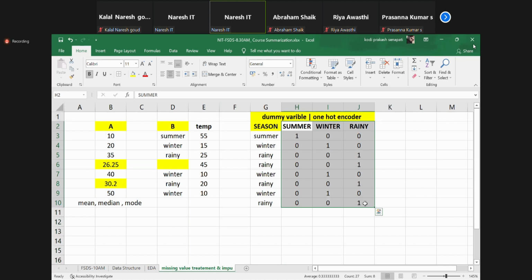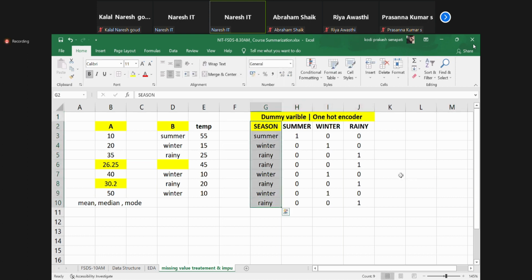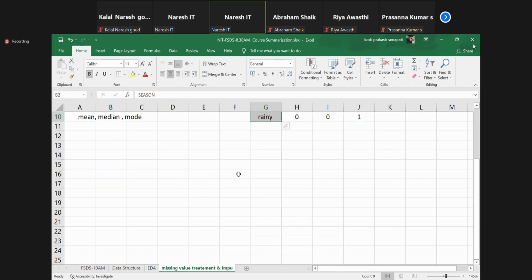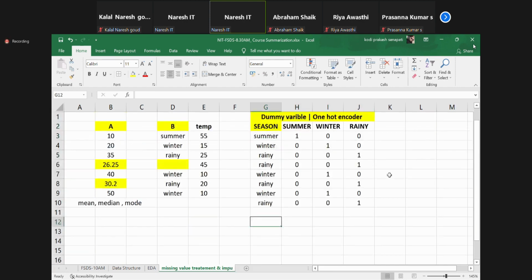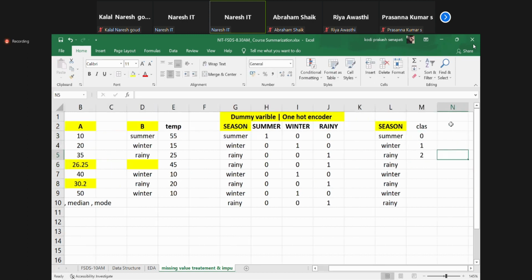Everybody's clear or not? Now, another concept we have in exploratory data analysis is called label encoder. I can also present it like this. Understand, guys? Now I can say class summer 0, winter 1, rainy 2. Can I do this, guys?